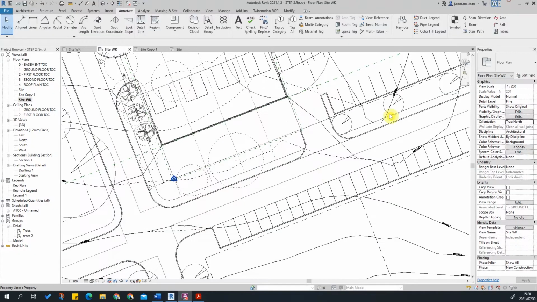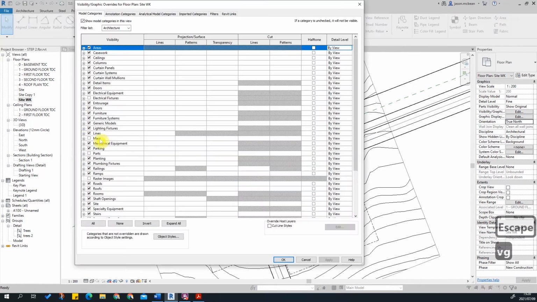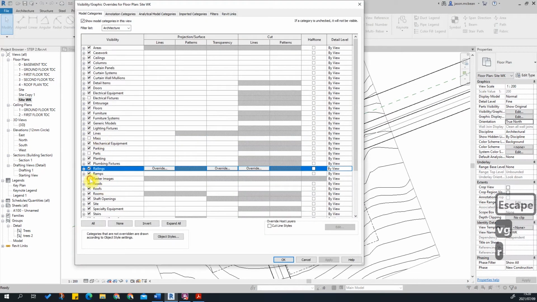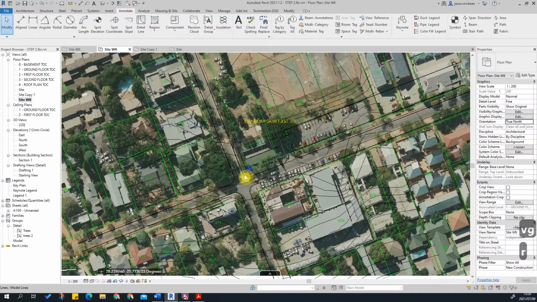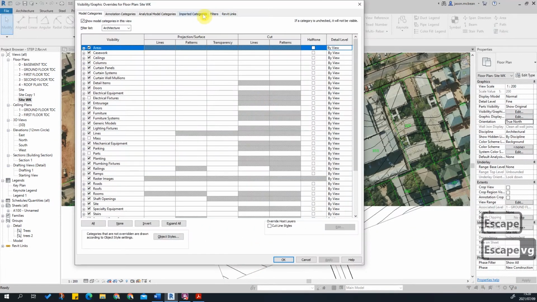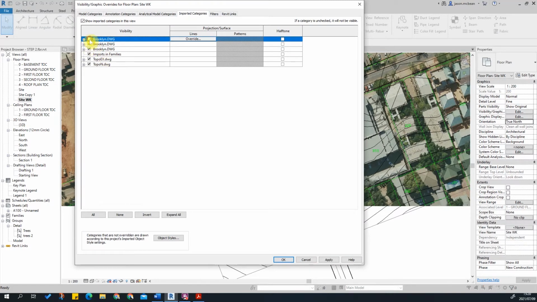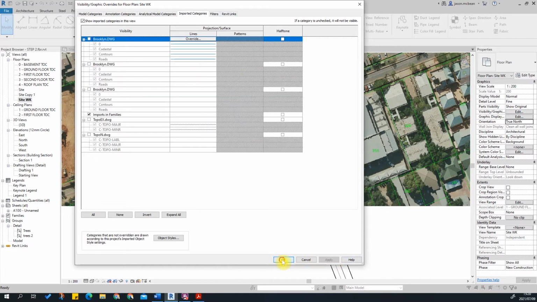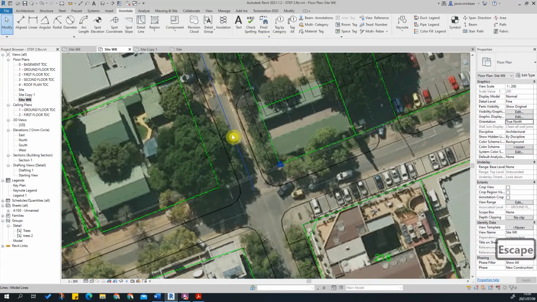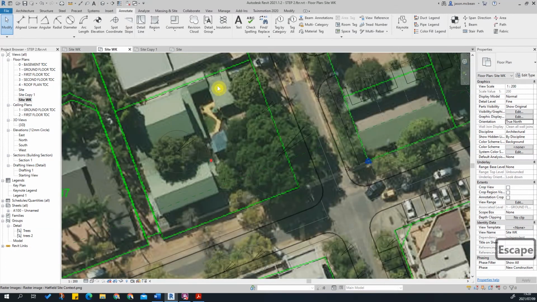Okay, so the first thing we need to do is bring back our aerial photograph. So VG, go to raster. Just remember, when you're done with this image, you can get rid of it as well. So VG, I'm going to switch off all the imported information here. I'm not going to need any of this imported information anymore. Okay, nor that. Press apply, press OK. Okay. All I need is some cadastral information and I need some outline of how the building is going to